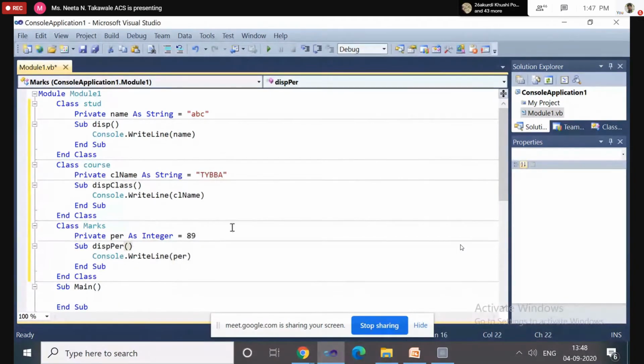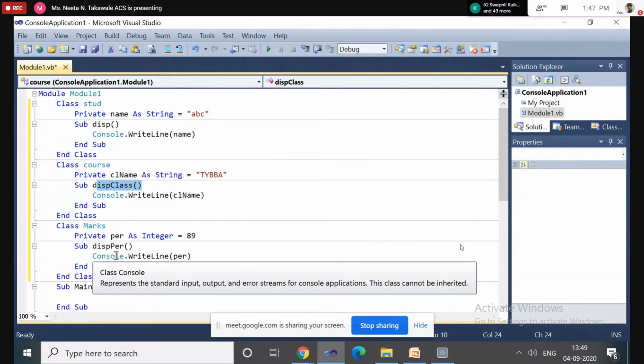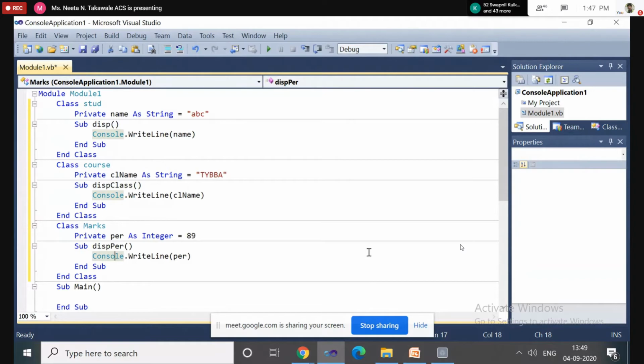Okay, now here I have defined three classes: Student class, Course class, and Marks class. I want to access the display method inside the Marks class.